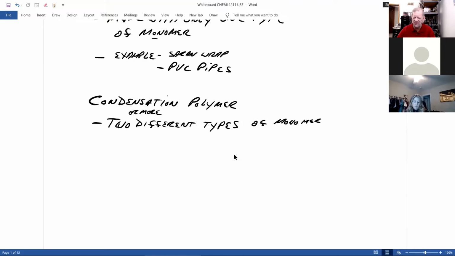Monomers are the little groups that are put together to make the polymer. In both cases, you have close to 500,000 to 1 million monomers put together. That's one big molecule. A condensation polymer has two or more different types of monomers used to make it. And examples of that: